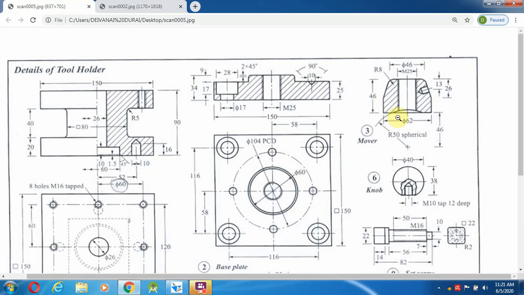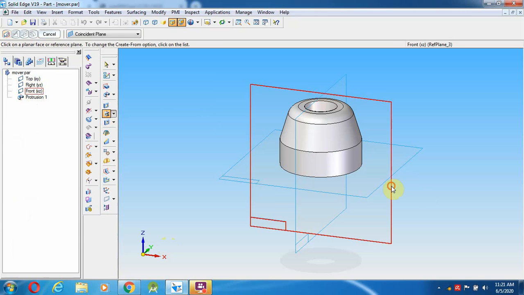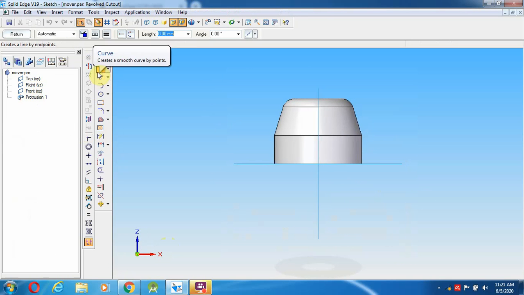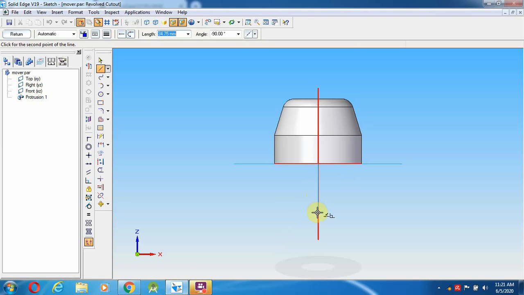Okay, then the bottom is to have a small circular cutout. For this I am again going to use the revolved cutout option and select the mid plane. Select the line; the length from here is 46 mm, so give 46 and enter. Then select a circle.